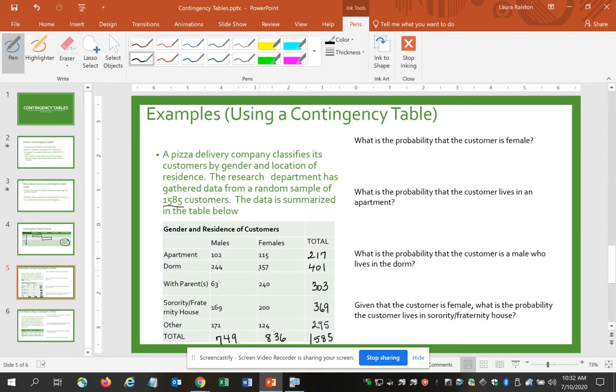Okay, so if we look at the contingency table, I'm focusing on females, so I'm going to look at the column for females. Okay, and we just totaled that and got 836. So I have 836 females out of a total of